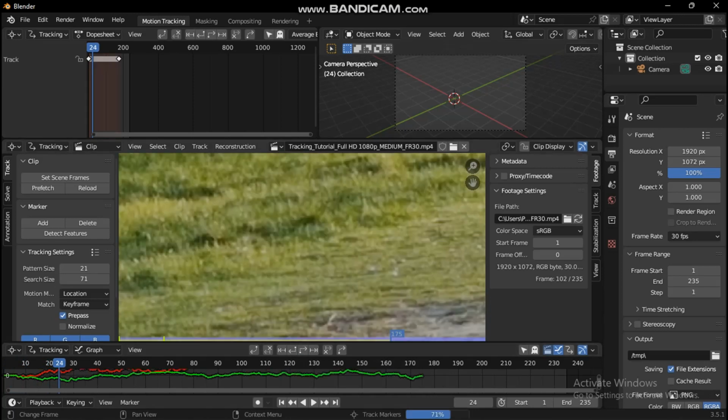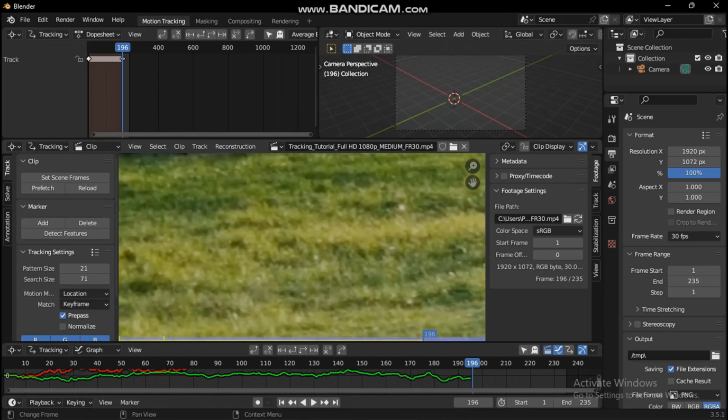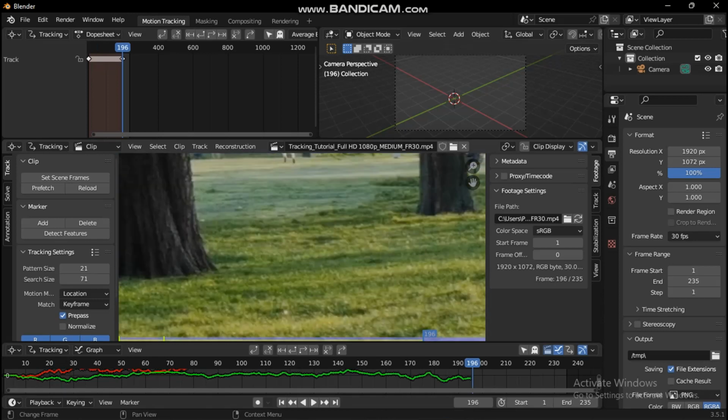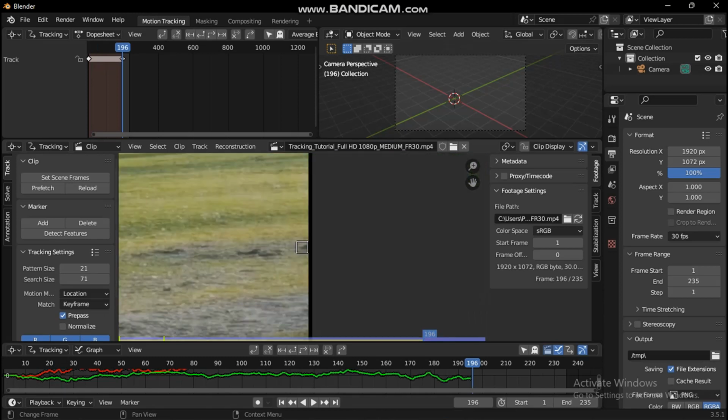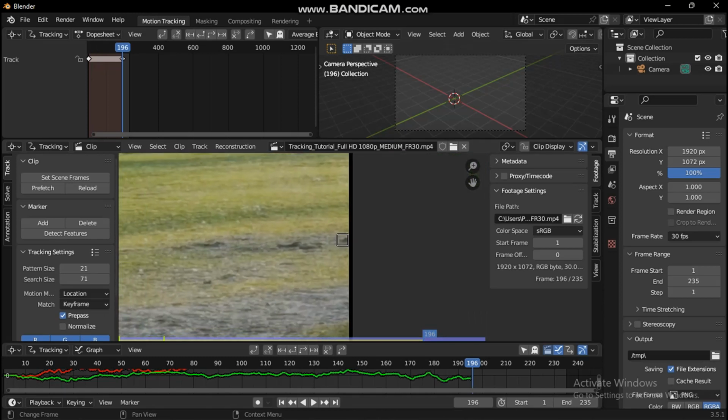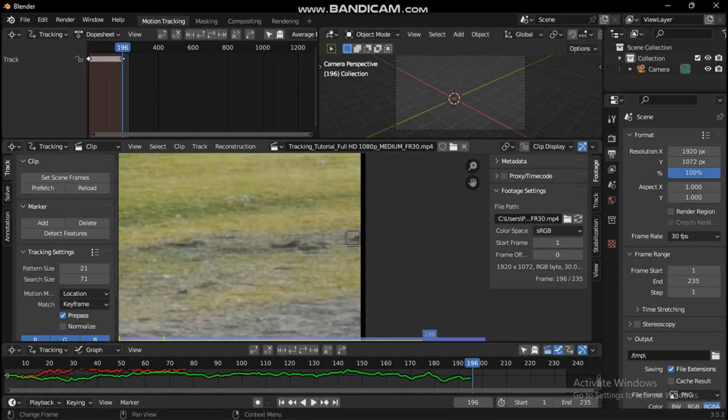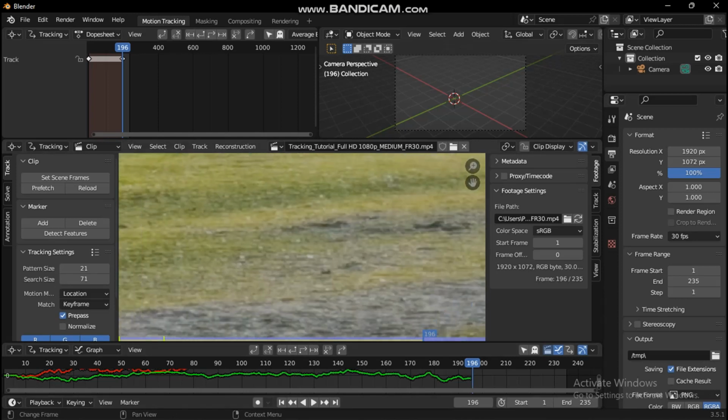Just click this and it tracks it forward, and you can see we don't even know where it is. To bring that back, I can just press period on the numpad. You can see this is not good,